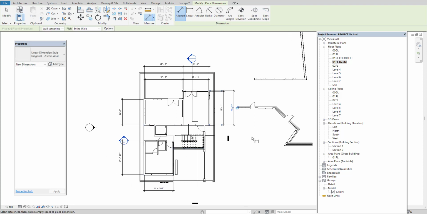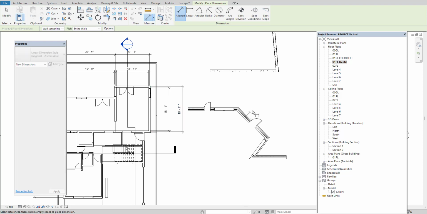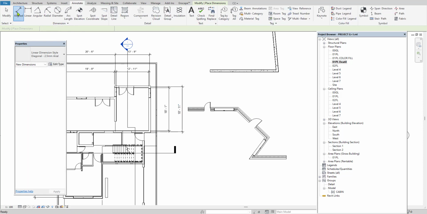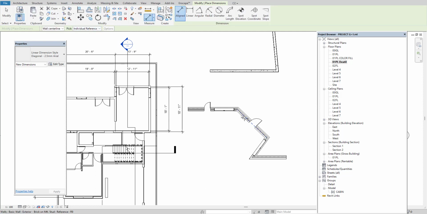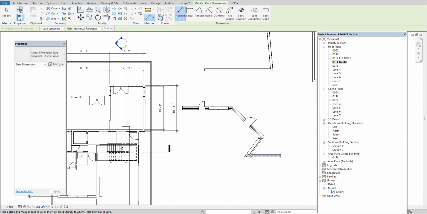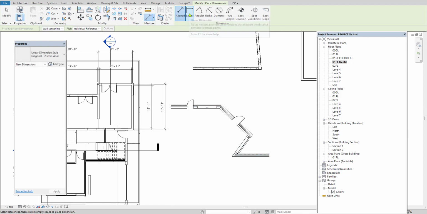like this. Even for the aligned wall you can give the dimension by clicking the wall, click on the entire wall or individual wall. So you can give the dimensions like this, the distance between like this. Next one will be linear. In order to check the linear dimension, you can check it like this.